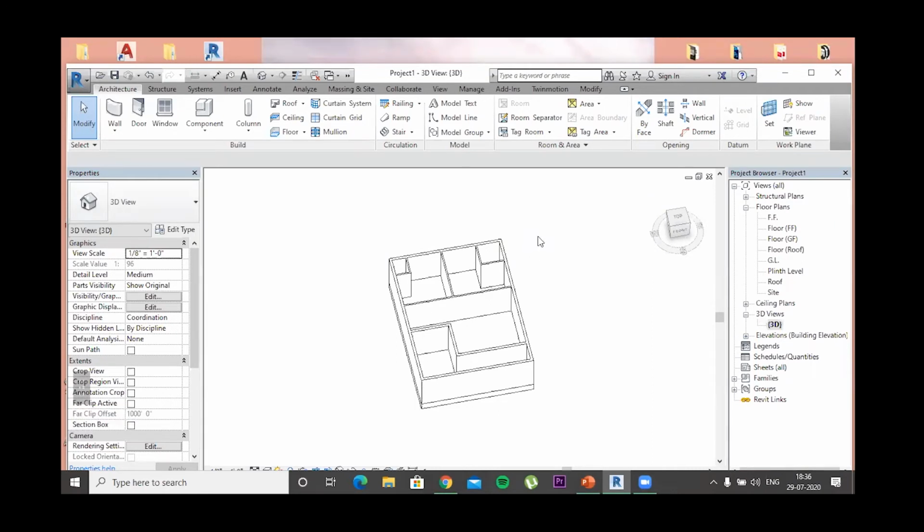Let's clear out some doubts before we go on further. So the first doubt which we have is, can we export a CAD file to Revit and how? Yes, we can.